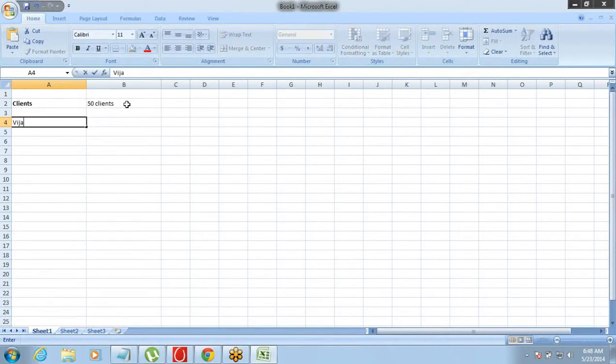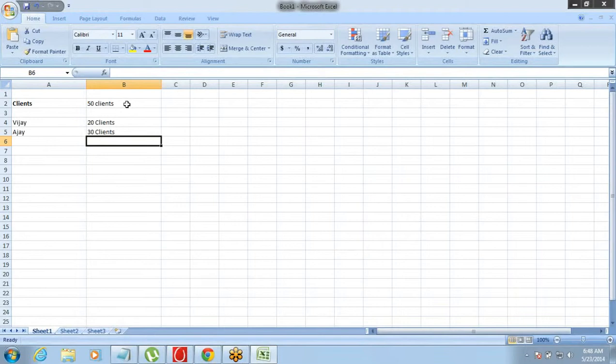One is Vijay and other is Ajay. Vijay handles 20 clients and Ajay handles 30 clients. Okay, record owner. So Ajay is the owner of 30 clients, Vijay is the owner of 20 clients.